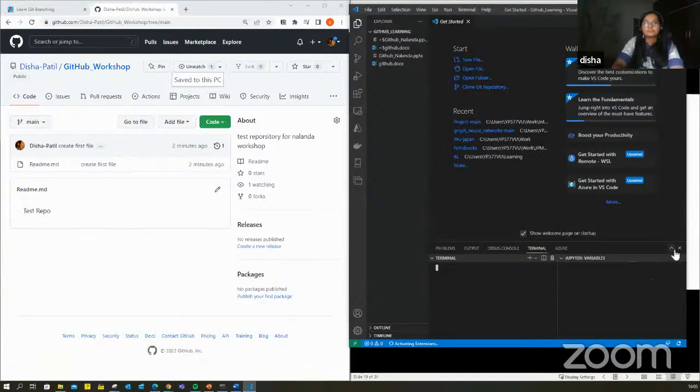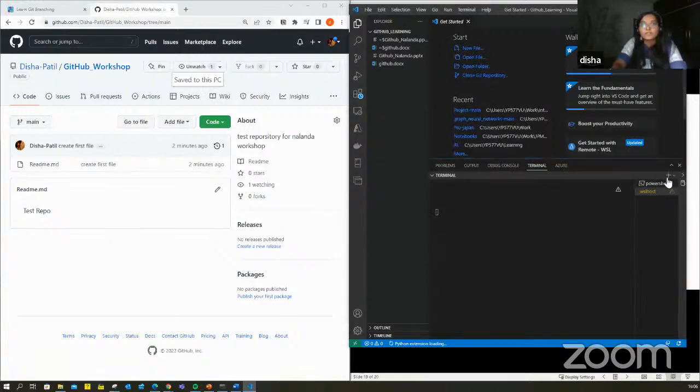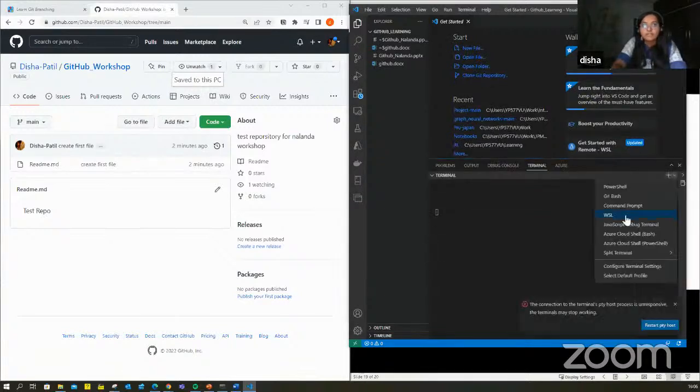Oh dear. Okay, my VS Code host has died.